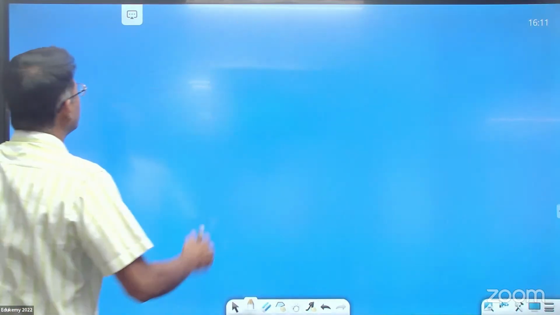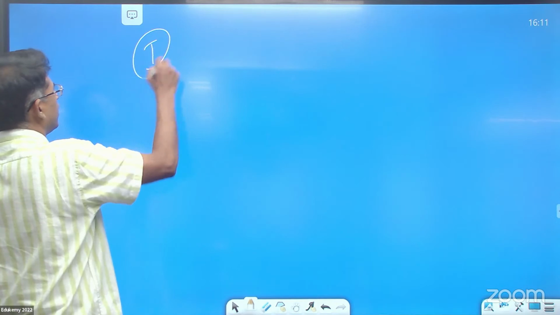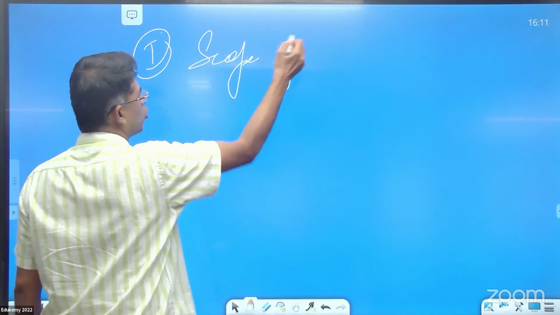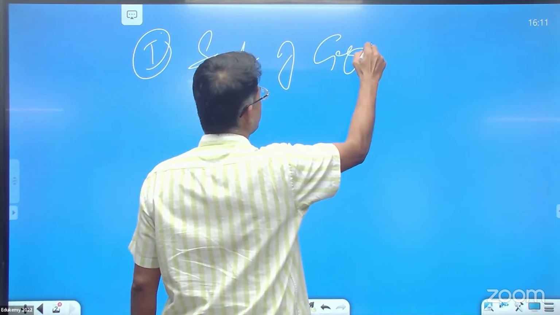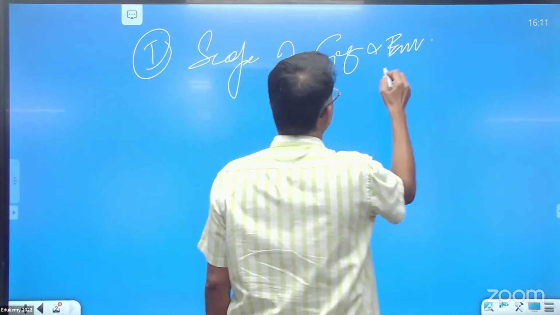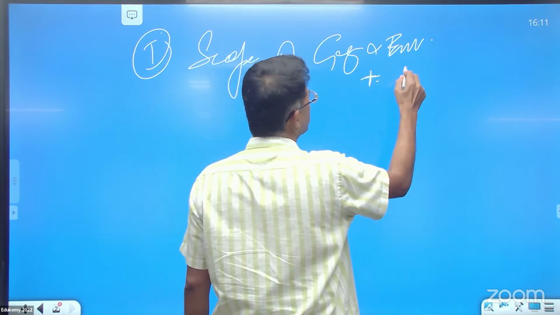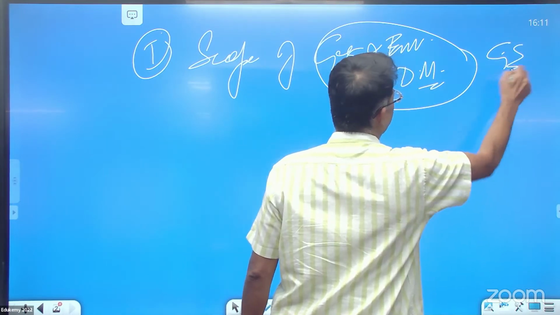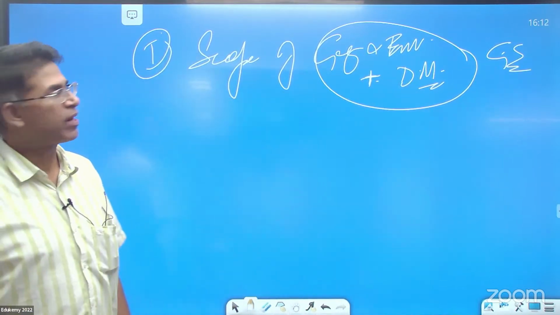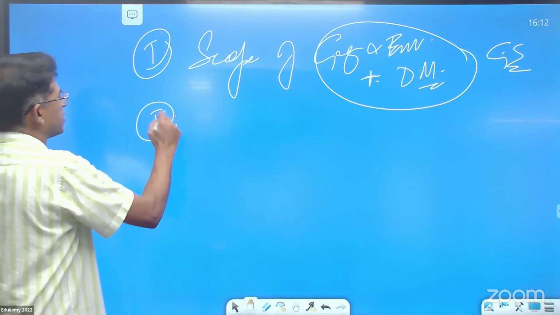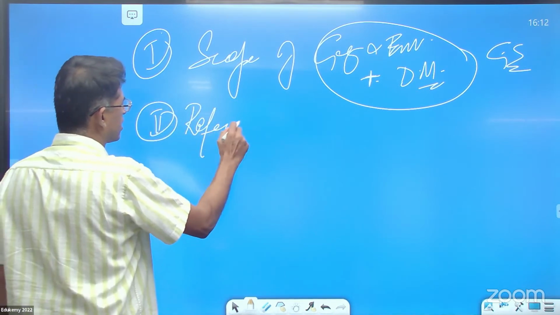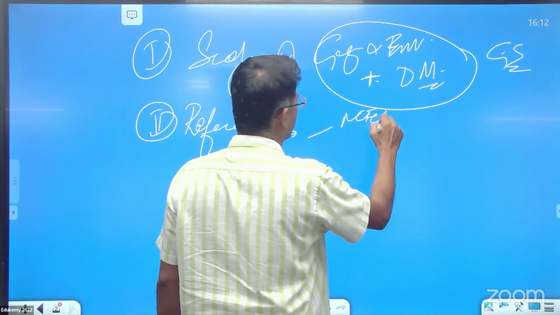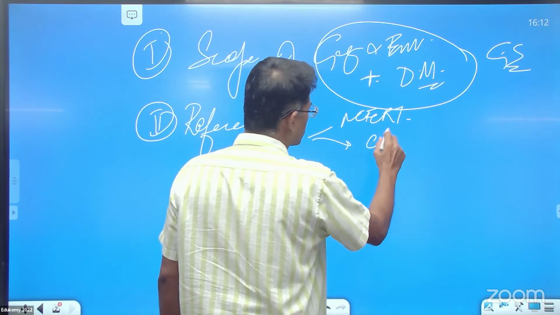The first thing that we have done is you've understood the scope of geography and environment, okay, including some topics of disaster management, okay, in your GS. Iska scope aapne dekh liya. Last time I have done analysis for you. Now, references, I will discourage any book other than your NCERT books for references, your class notes,